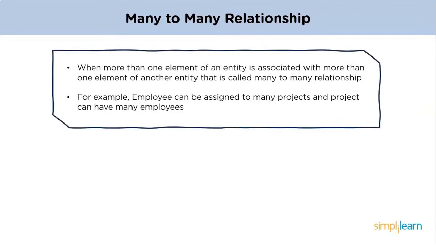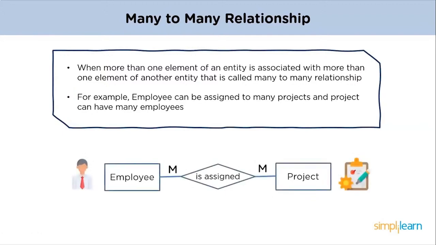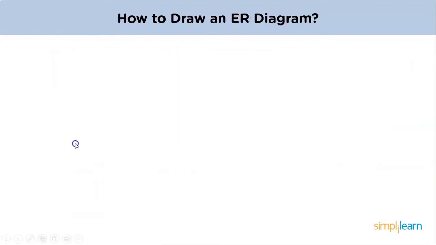When more than one element of an entity is associated with more than one element of another entity, it is called many-to-many relationship. For example, an employee can be assigned to many projects, and many employees can be assigned to a particular project. Now, after having an understanding of ER diagram, let us know the points to keep in mind while